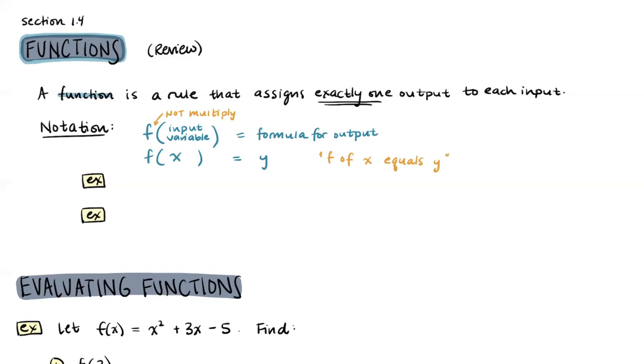Again, we do not have multiplication here. This is called function notation. And we want to be able to use this because it's really nice. The purpose of it is to indicate what the input variable is. Sometimes we'll have more than one letter over here, and so this tells us what the variable is in something that's got more than just x. Okay, so for example,